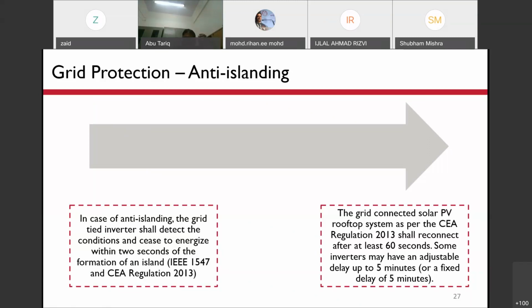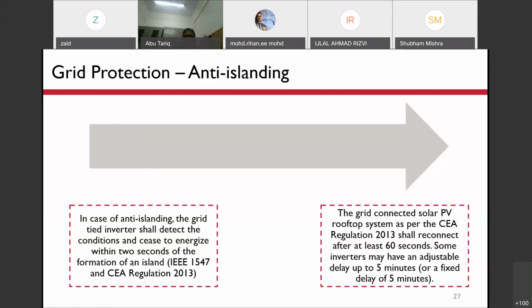So we should have at least 60 seconds before the supply is connected again. Some inverters may have higher ratings, but at least 60 seconds should be there so that supply stabilizes and we connect the PV array to the grid.